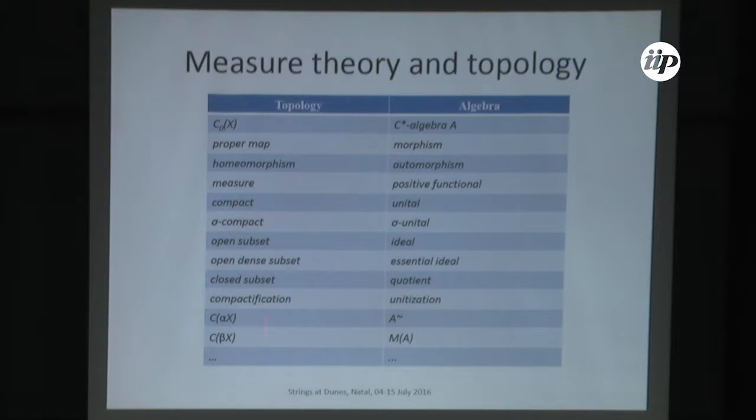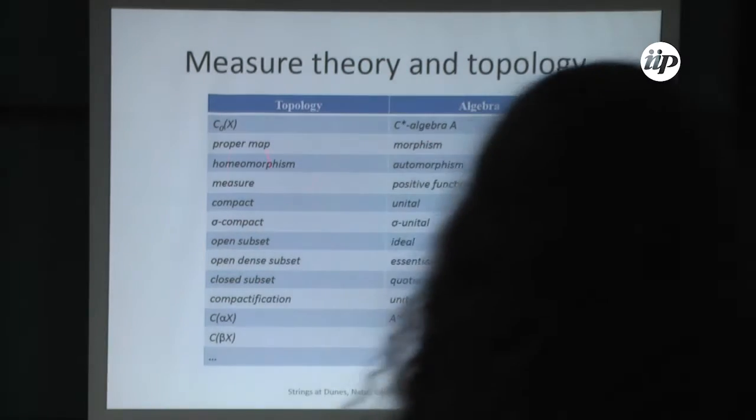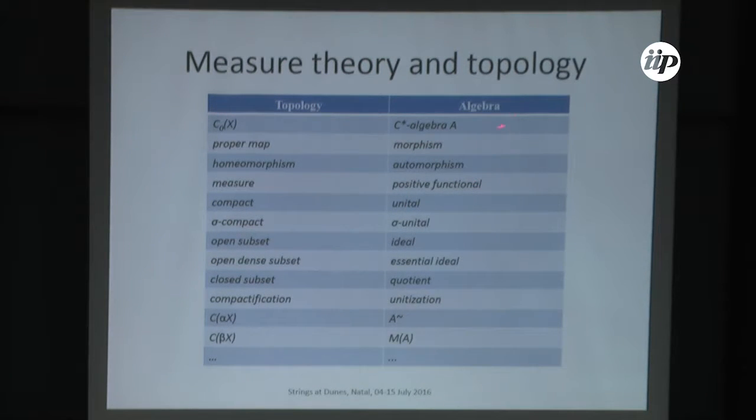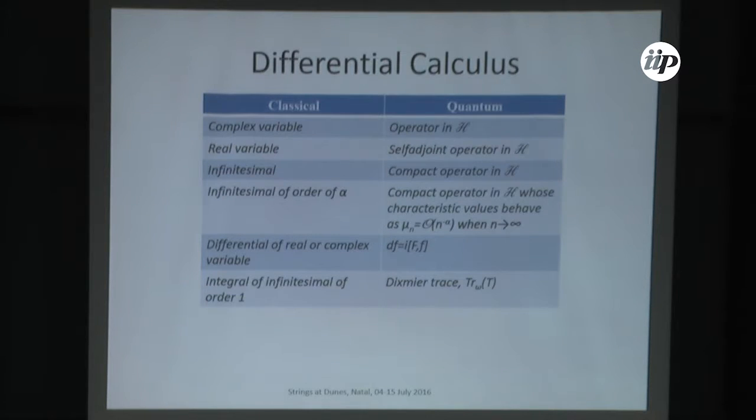Meaning that you can completely redefine your topological structures in the algebraic way. And now it's up to you, in some sense, what to do on this side. Of course, it should be consistent, but the most natural thing is to take a general C-star algebra, the non-commutative one, which you call non-commutative topology. And after that, you just go ahead and do what you need to do, or what you think you need to do.